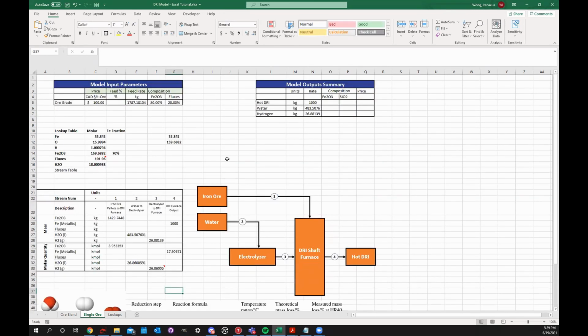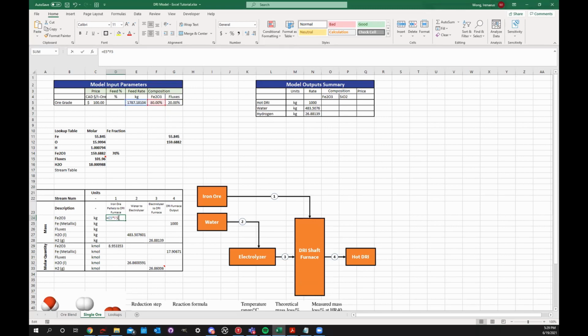And now this is going to be really useful because in your project, I mean, this is basically what you're doing from what I understand. I haven't taken the course, but I've heard lots about it. This is effectively what you need to know. And for me as a process engineering intern, or if I was a process engineer, this would be really good because then I could show this to the client and say, if you have an iron ore grade of 80% Fe2O3, it will take you approximately, because this is a very rule of thumb model, approximately 1,400